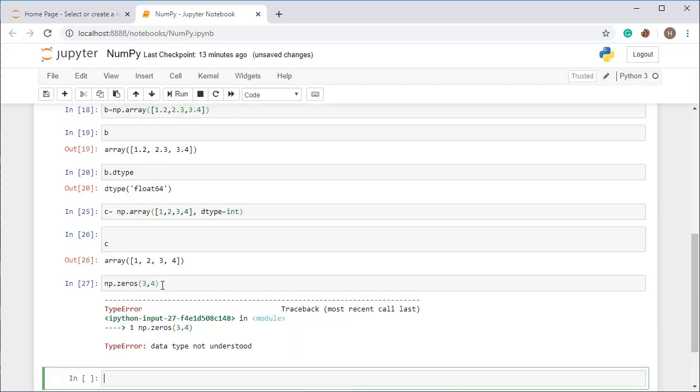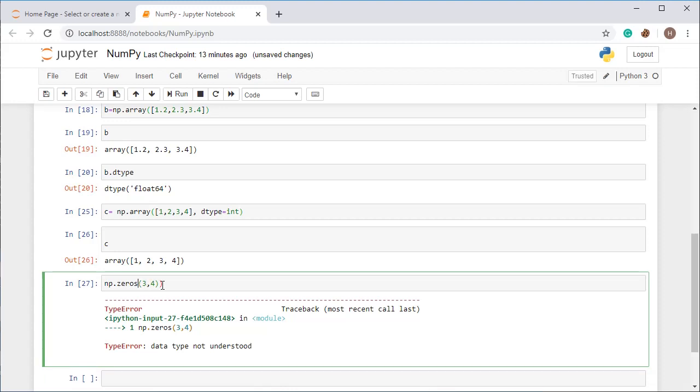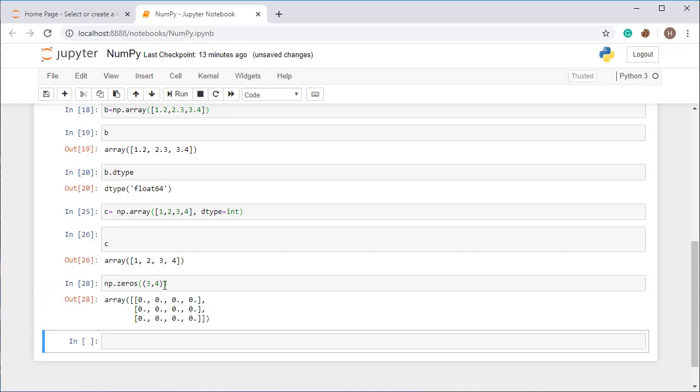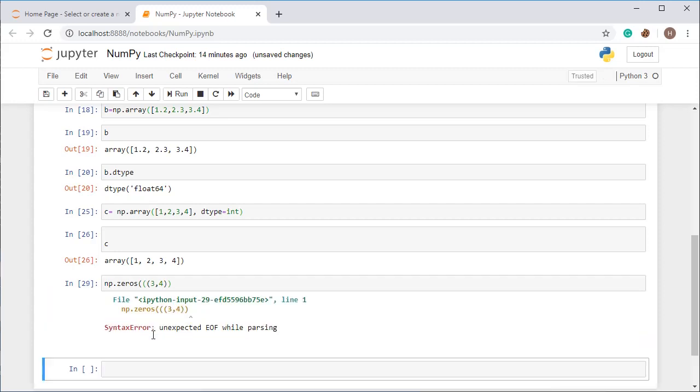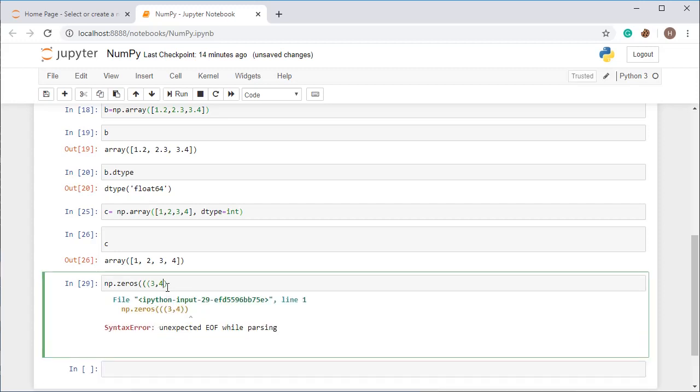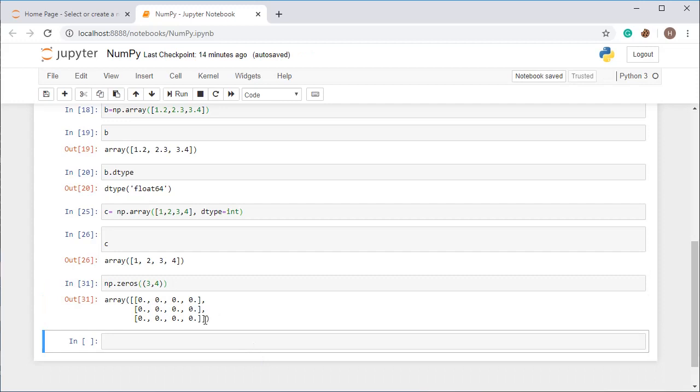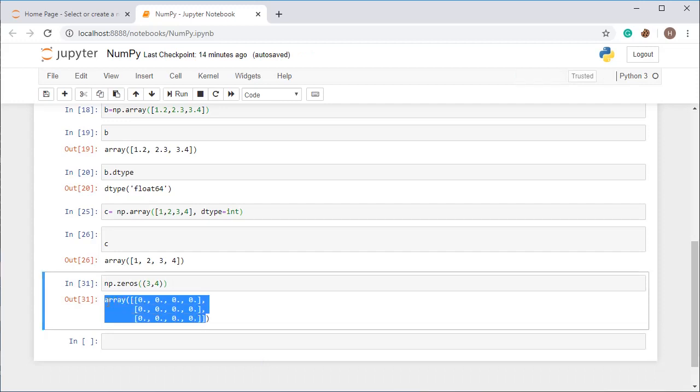Sorry, I missed one parenthesis, because zeros is a function, so don't miss the parenthesis, otherwise you will be in trouble. I committed one more mistake, so you can put it like this and you will get this answer. This has created an array of 3 rows and 4 columns. You can see that there are 3 rows and 4 columns in the array. So it has created a 3, 4 array.